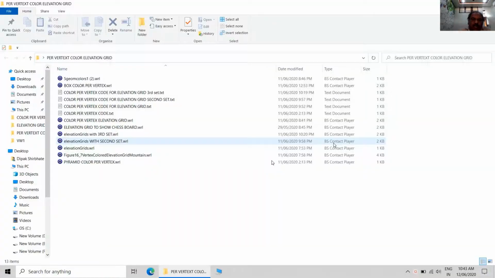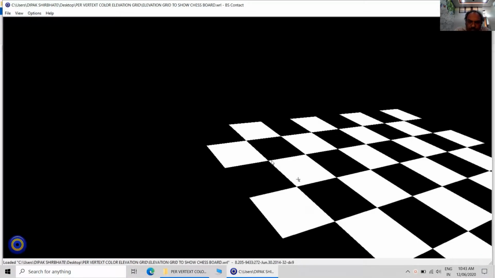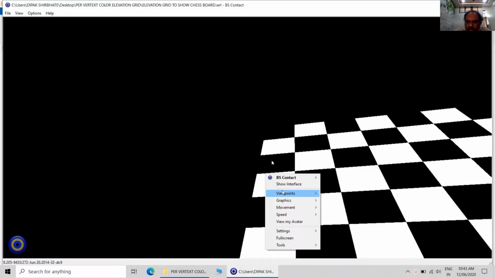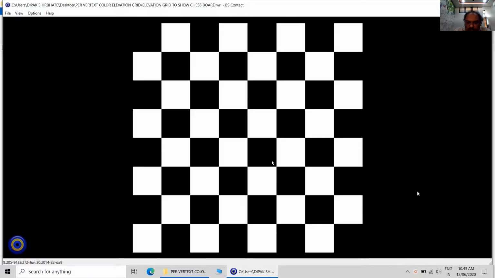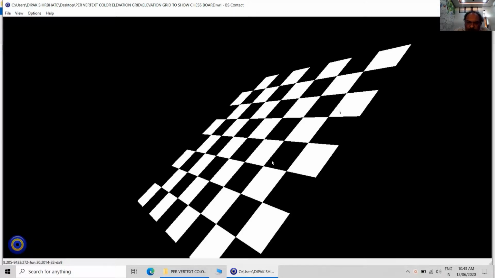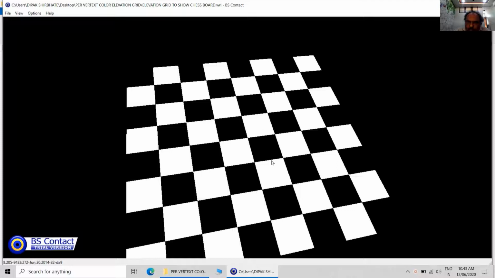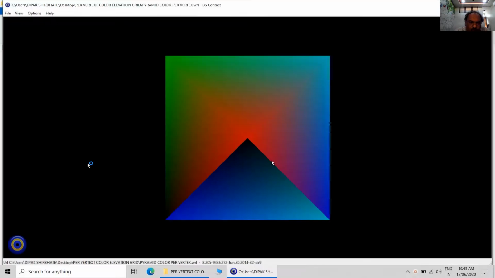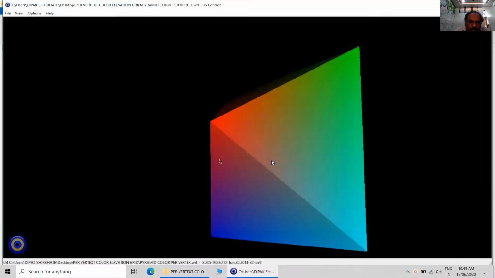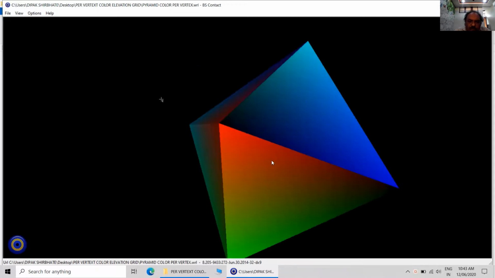Now let us try this particular concept on the elevation grid of chessboard. This is not a chessboard, actually this is an elevation grid which is arranged to represent the chessboard. And this is the pyramid having different RGB colors.